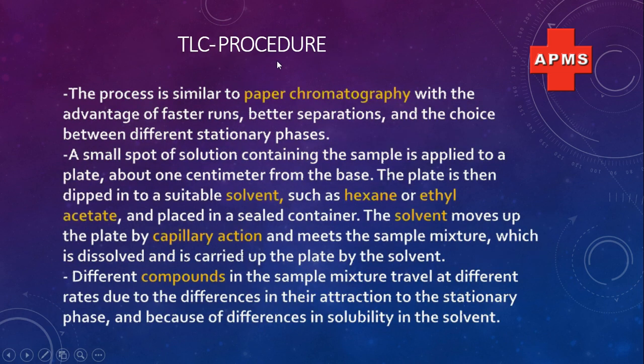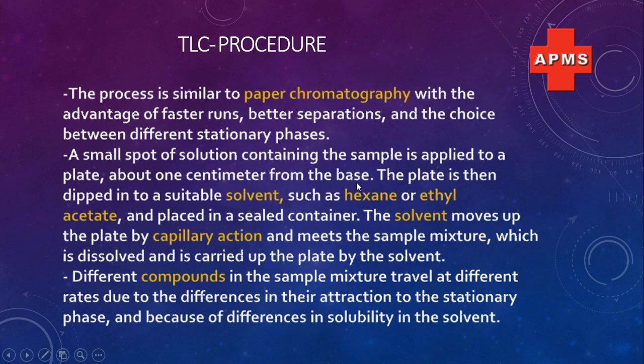TLC procedure. So what is the practical procedure to do the experiment in the laboratory? The process is similar to paper chromatography, with the advantage of faster runs, better separations, and a choice between different stationary phases. Many things are very similar to paper chromatography, where we make a small spot of solution containing the sample using a capillary or a small dropper, which is applied on this TLC plate over the coated material